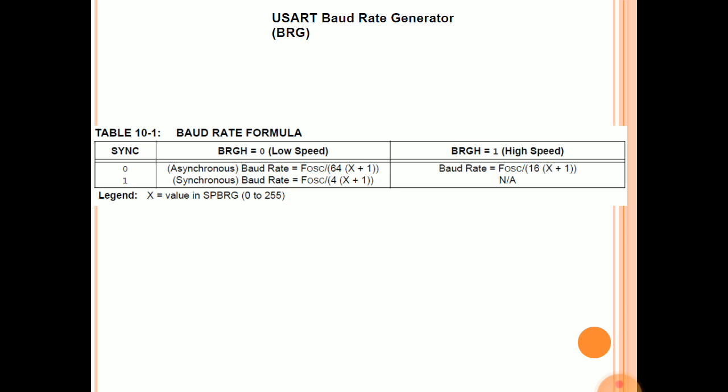That value ranges from 0 to 255. If BRGH is set, that is high speed, then the baud rate is given by F oscillator divided by 16 times X plus 1, and X ranges from 0 to FF.